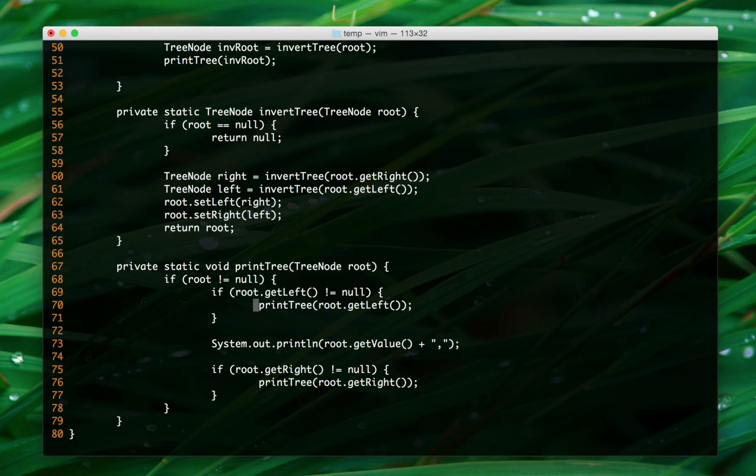I can just print a tree because it's a structure, right? So I pass a root and then I check if root is not equal to null, then only if it's a null I don't have to do anything. Okay, it's not equal to null. I'm printing the left node first, and then I'm printing here, look at here, I'm printing the root, and then I'm printing the